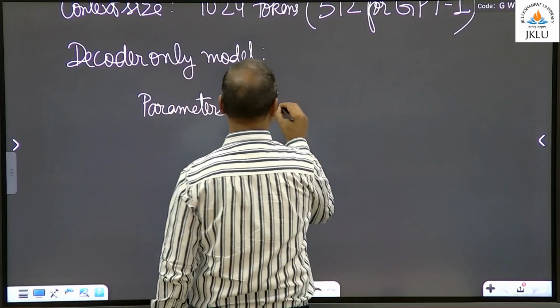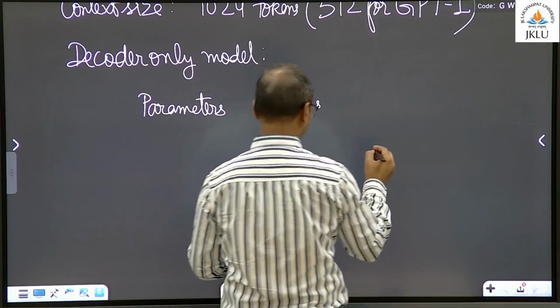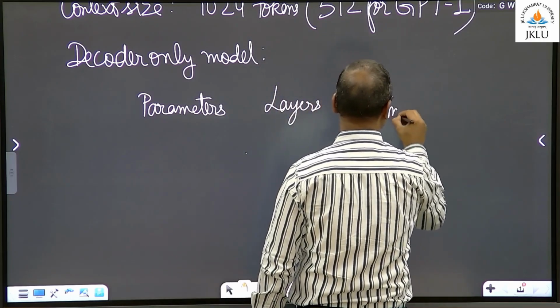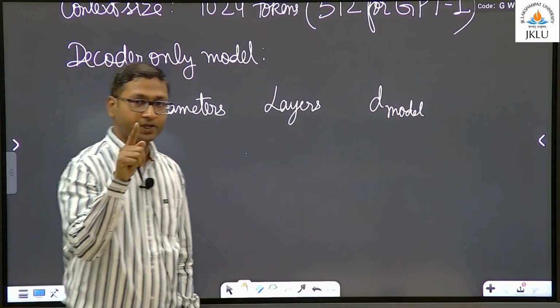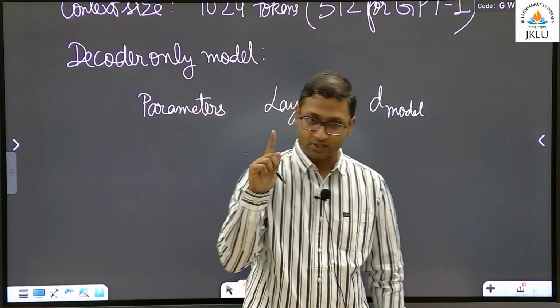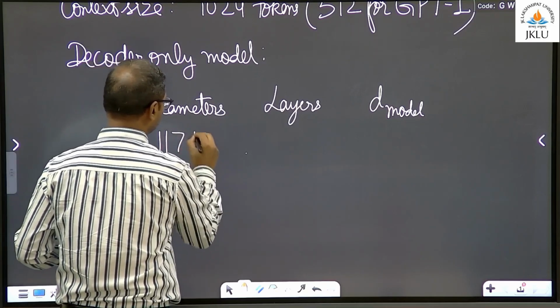Parameters, layers, and D model. I have not talked about D model until now. What is D model for GPT-1? 768. So parameters for GPT-1 were,